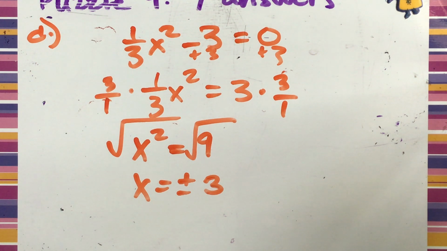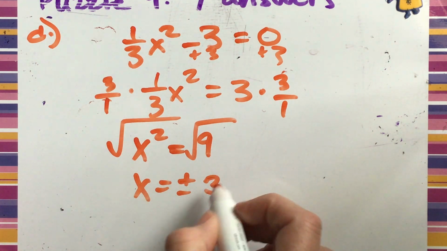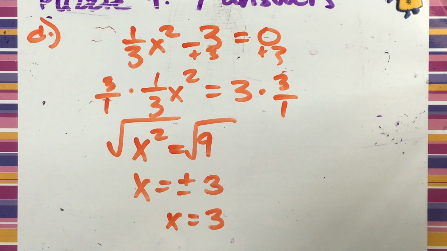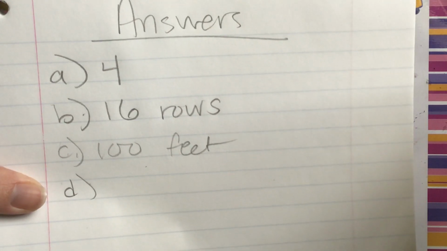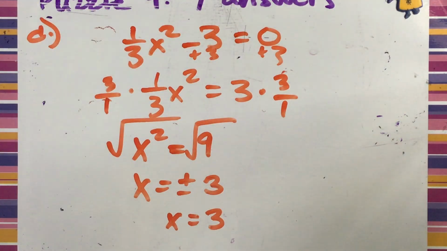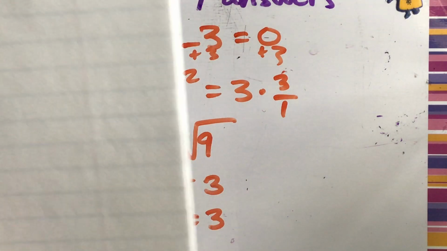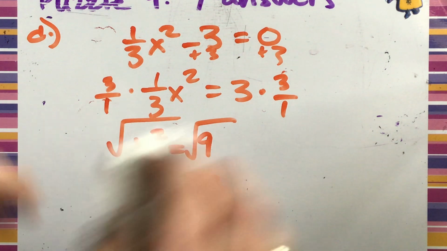Okay, and what is it asking? It's find the positive solution. So x equals 3 is the answer to letter D. Okay, so D on my little solution page here, D is, what did we say, 3. That's the positive solution. Okay, we're almost done. So if I go to E,